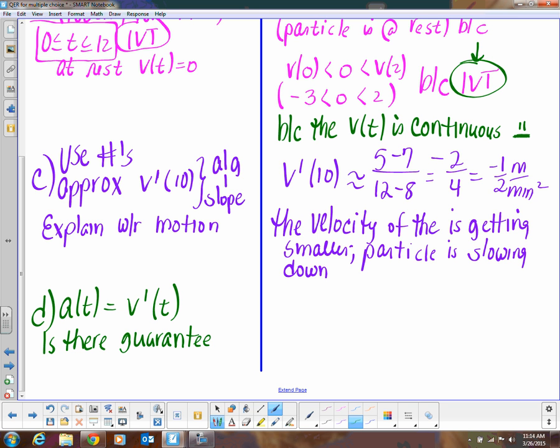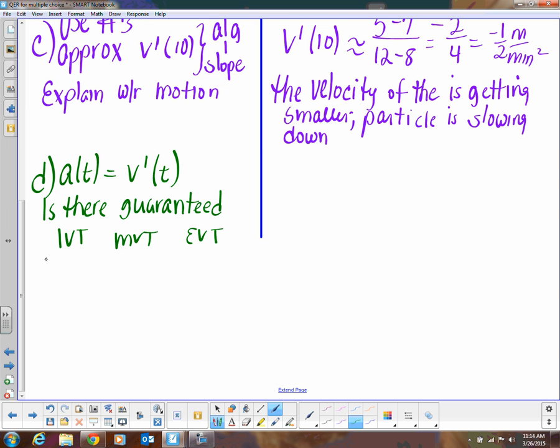What do we do? IVT, MVT, what else? EVT. What does it say after this? Okay, is there guaranteed to be a time? We're looking for t equal to c. In the interval, okay, this 0 to t to 12 just emphasizes is there guaranteed, such that A of c